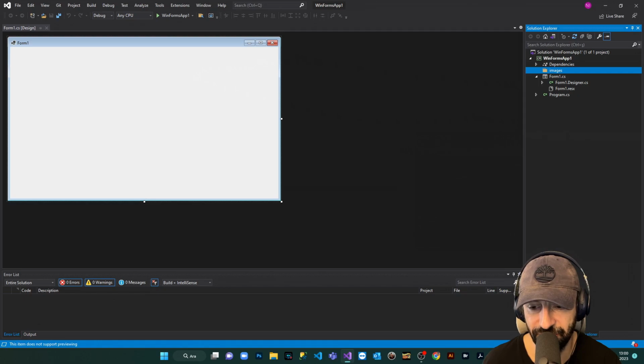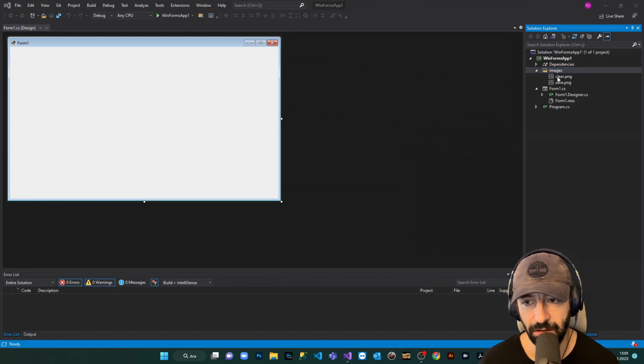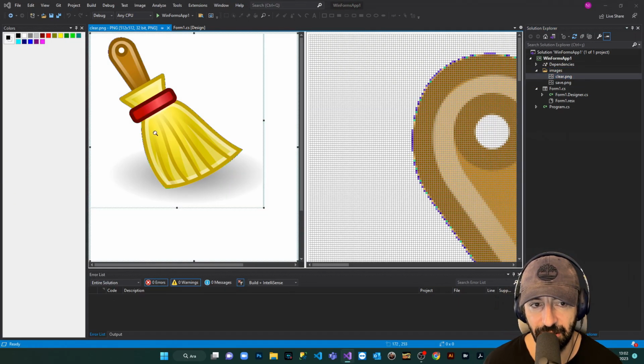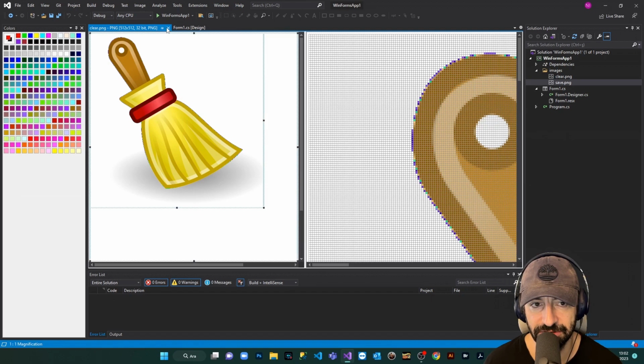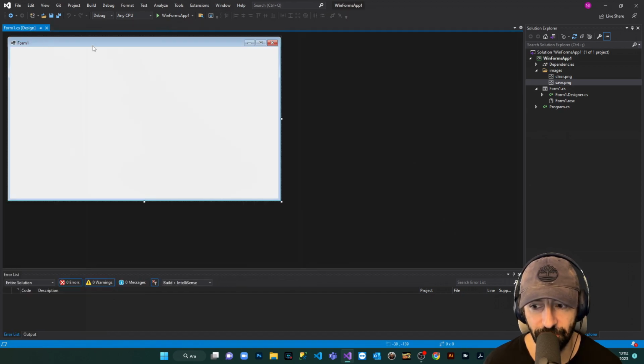The one is for the clean process, and the one is for the save process. This is a disk, and the other is a swipe image. I'm gonna put them right now inside this images folder. Okay, let's see. This is our swipe image and the disk image for saving the contacts. I'm gonna close them up now, and let's form this